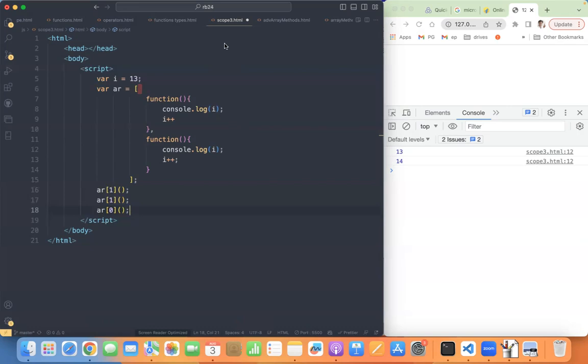Okay. So some people are saying 13, 14, 13 and some are saying 13, 14, 15. Our Shivaji is 13, 14, 14. This is highlight. Third option, C. Why is it 13, 14, 13? First of all, let me clear that. Why 13, 14 is clear. Why again 13? Why is this AR of 0 giving me 13?